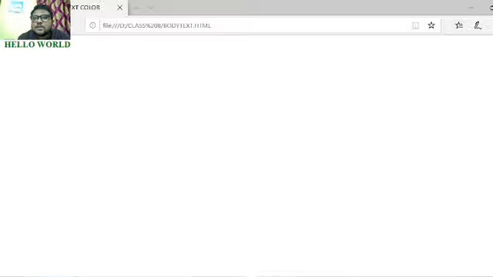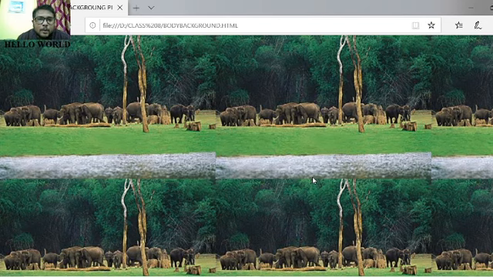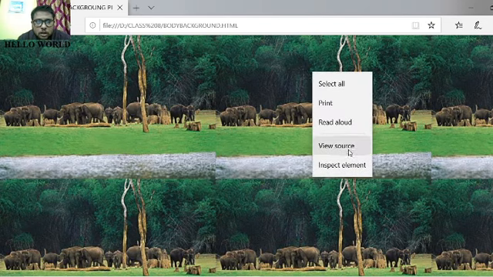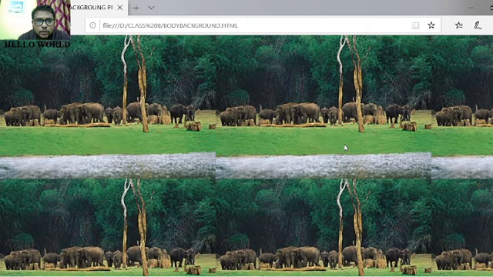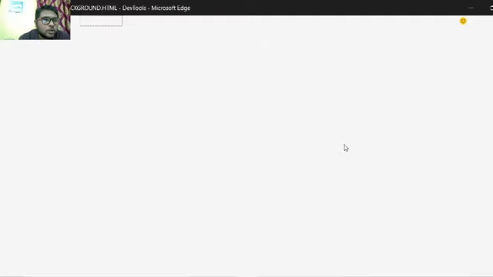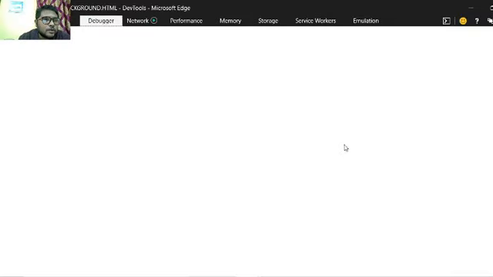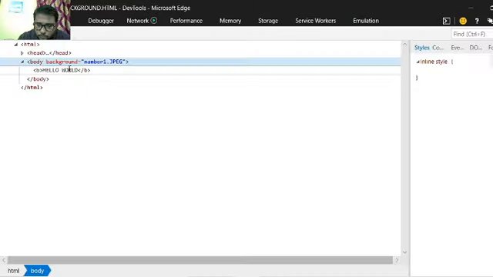Similarly, we have the background picture. The background attribute is used to assign a picture to my HTML web page. So see the code, you will understand. I'll enlarge it a bit.